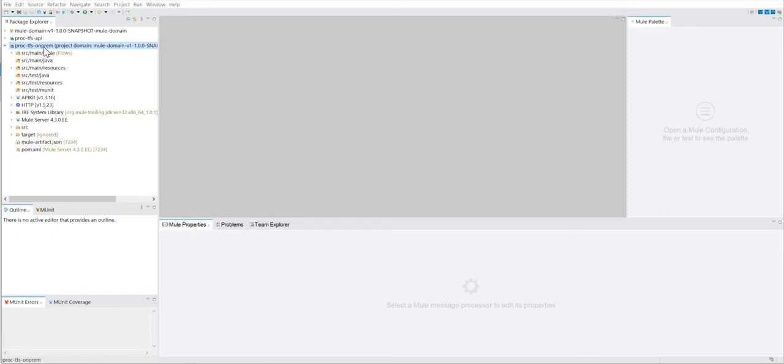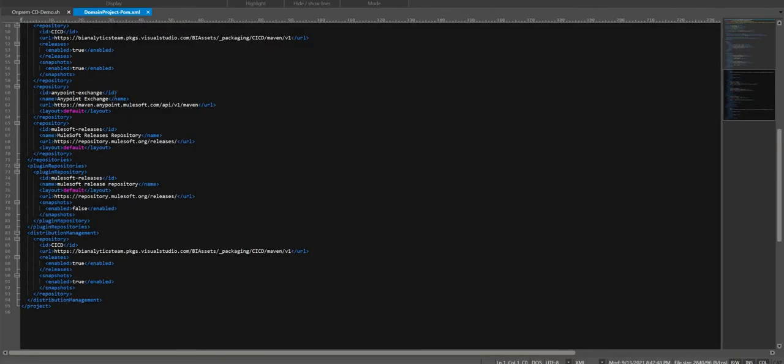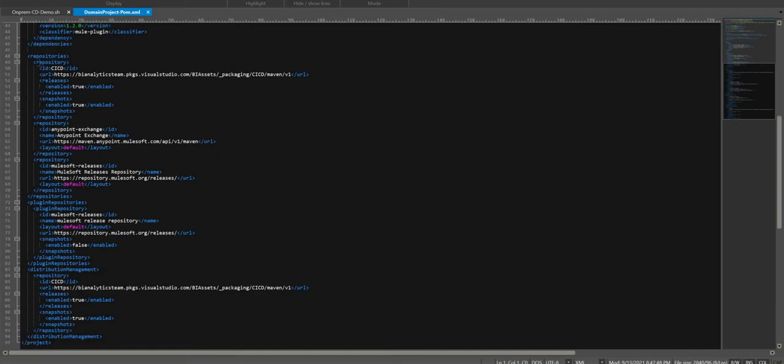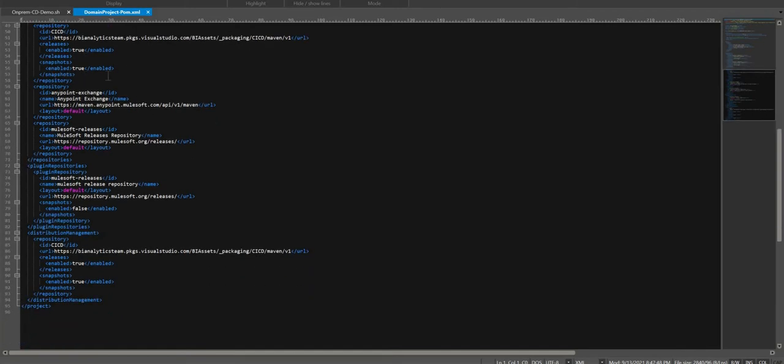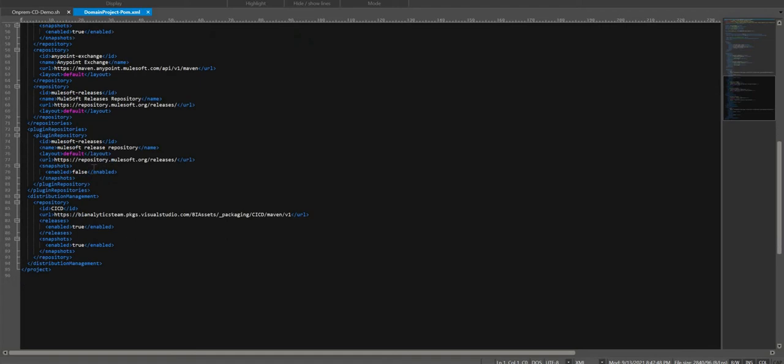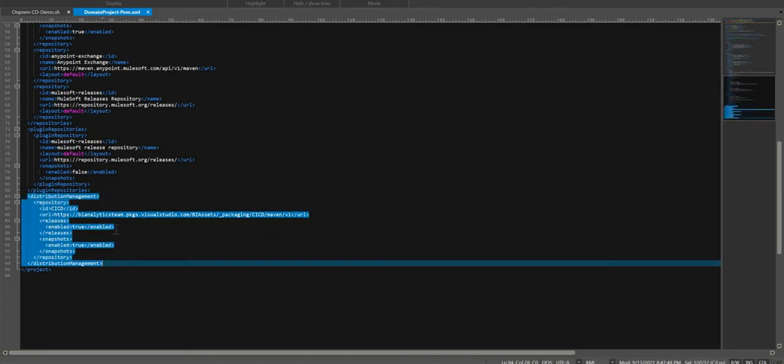So this is a simple API which is supposed to be deployed to on-premise, and you can see that it is tied to a domain project. If we take a look at the pom.xml file for the domain project, in addition to the repositories which we added for the Cloud, we would be required to add this segment of distribution management where it would publish it to the Azure DevOps Artifactory.